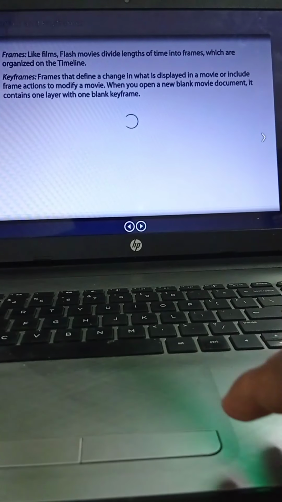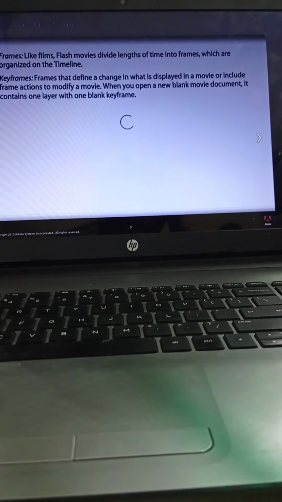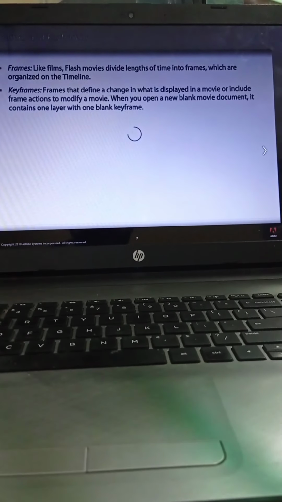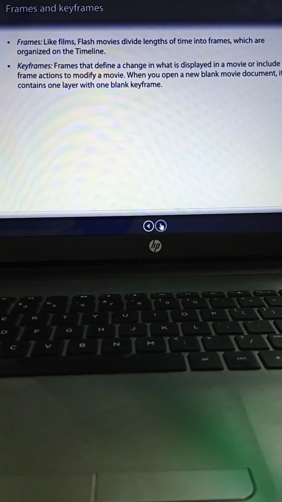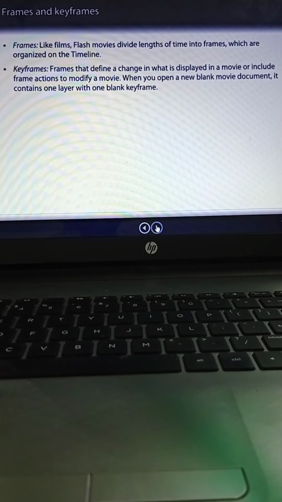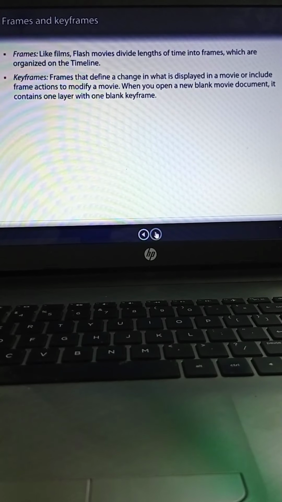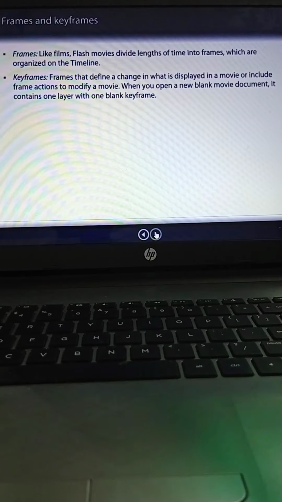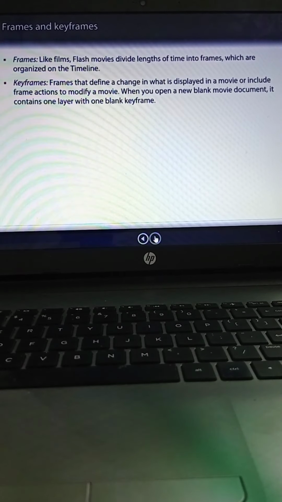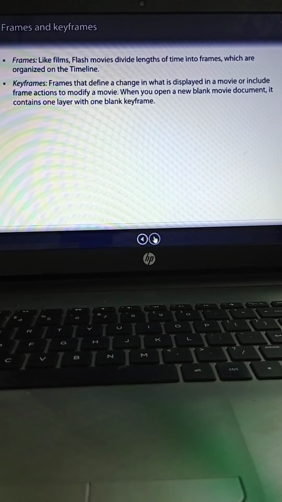Next, frames and keyframes. Frames are like film. Flash movies divide lengths of time into frames, which are organized on the timeline. Keyframes are frames that define a change in what is displayed in a movie or include frame actions to modify a movie.